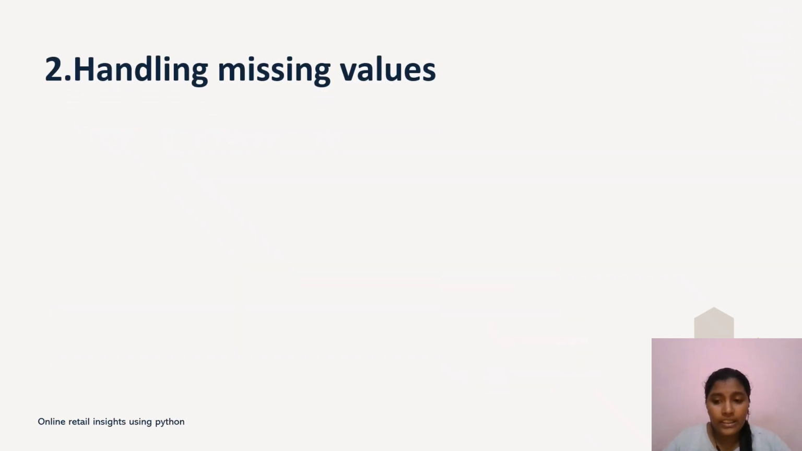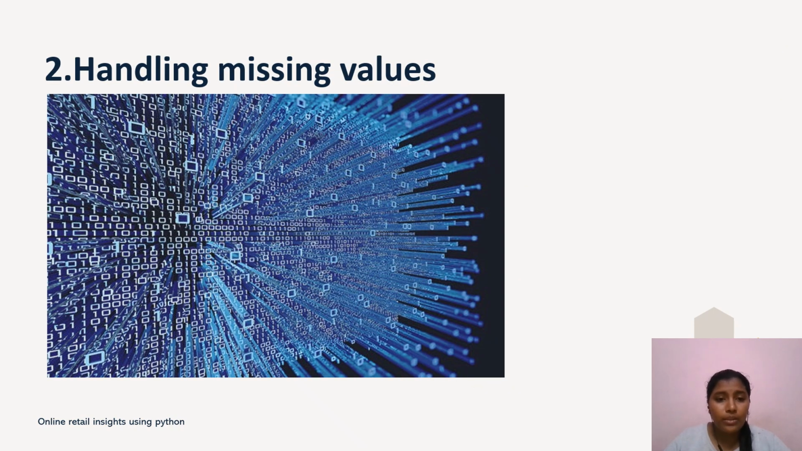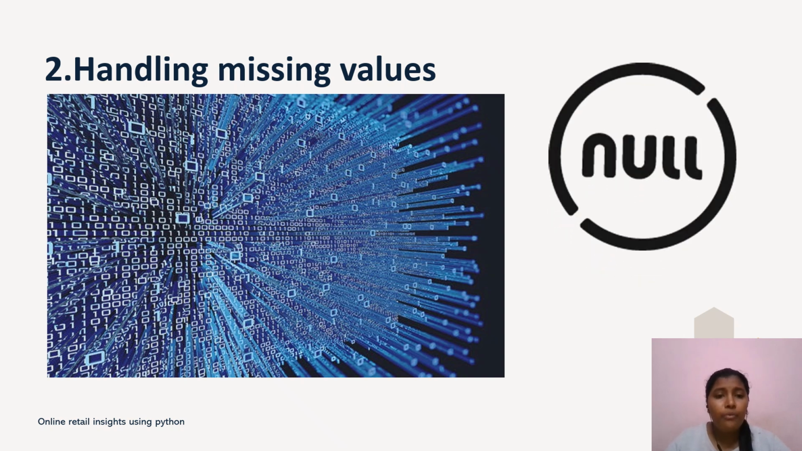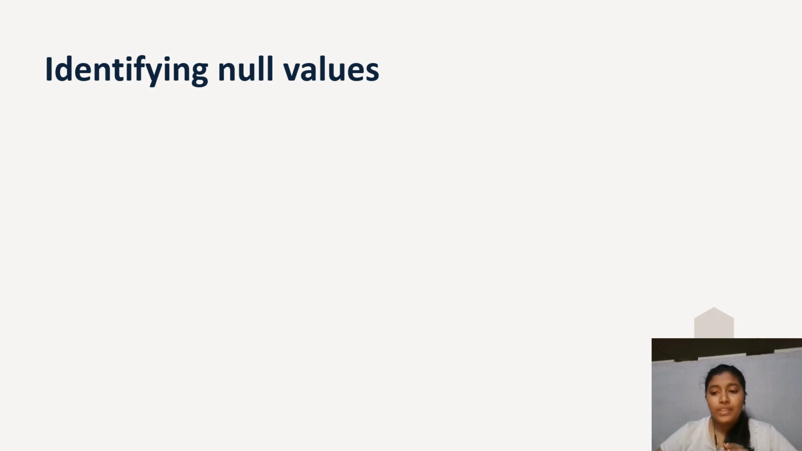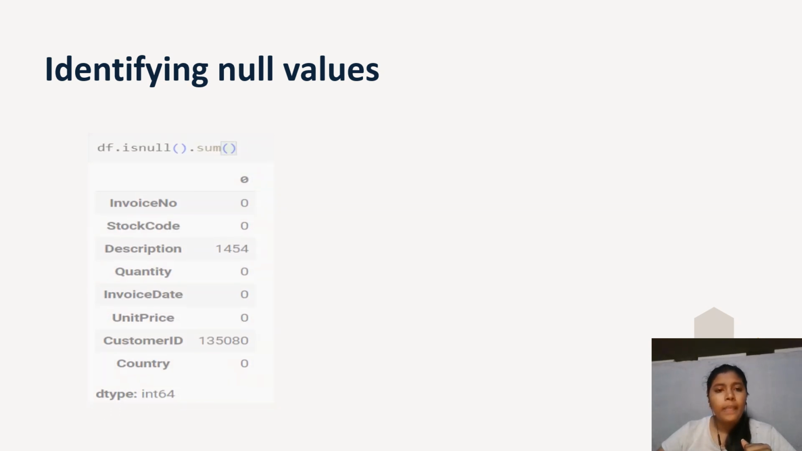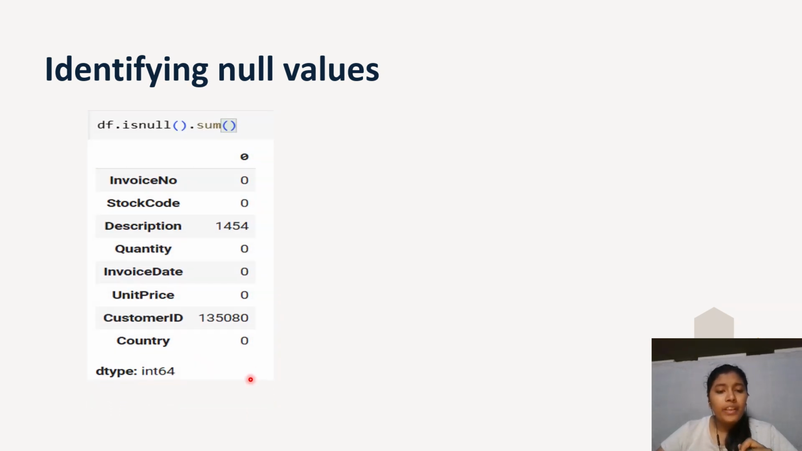After importing the data, we are going to handle the missing values first, because in thousands of transactions, we might find a lot of null values. These null values might disturb our further analysis, so we are going to handle them in the early step itself. So here, first we identify the null values. See, I have identified 1454 null values in the description column and these many null values in the customer ID